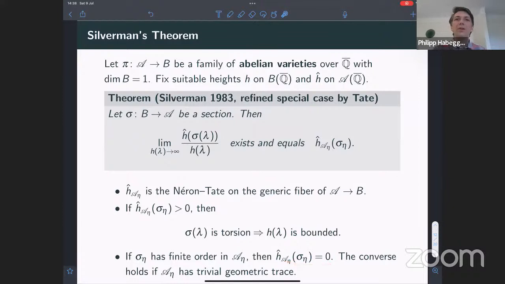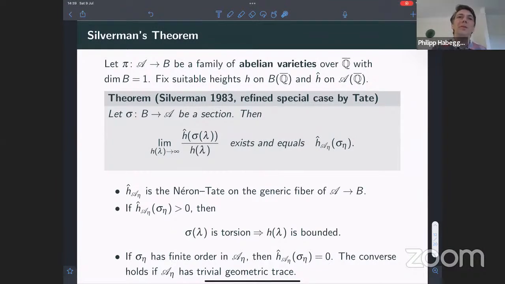And the converse also holds. So we get an if and only if statement if the generic fiber has trivial geometric trace. That essentially means that the family of abelian varieties is moving in a certain, maximal sense. So in these cases, we can say when this height here is positive and when it is 0,